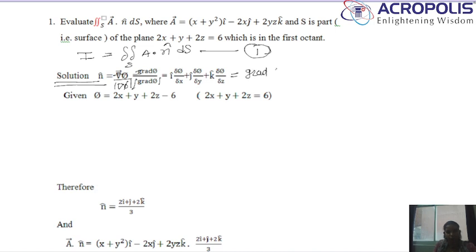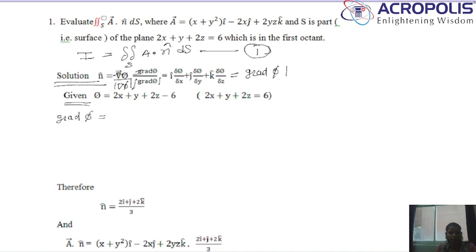So grad phi is i del phi by del x plus j del phi by del y plus k del phi by del z. So in our question, phi, the equation of the surface, is defined in the form of a plane. Phi is equal to 2x plus y plus 2z minus 6. Here the value of grad phi is defined as